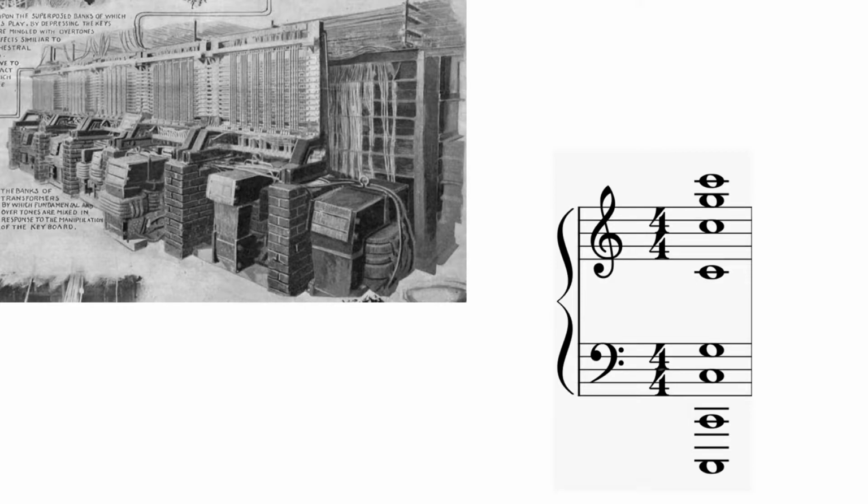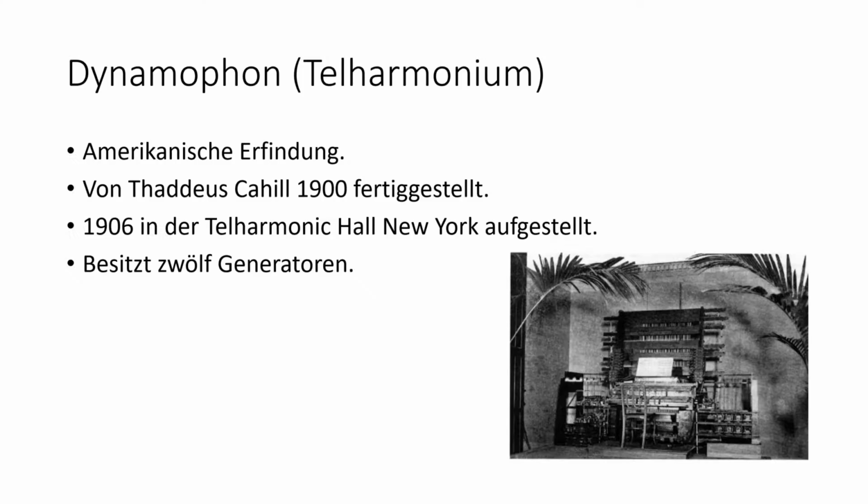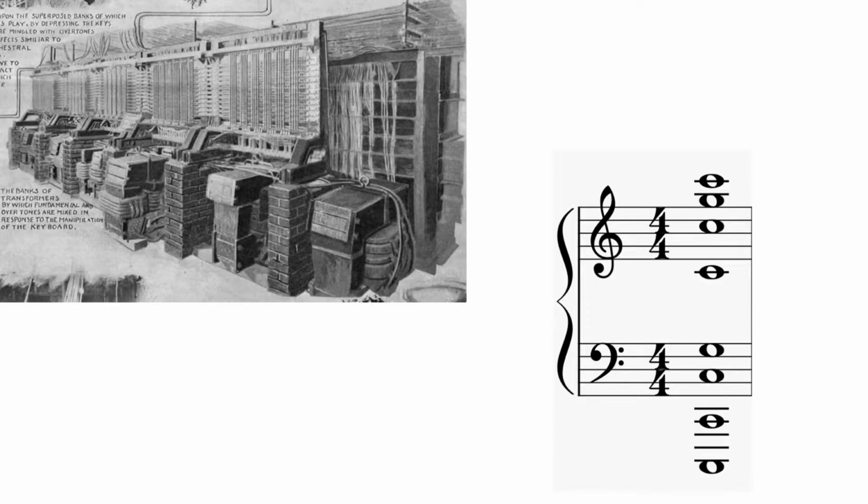So yeah, I should probably mention it actually had multiple manuals. It kind of looked like an organ. And yeah, you can change the color just like in organs. Wonder why I need that many generators. You need 12, one for each tone pretty much. So you have from C up to B, you have 12 notes. So this way you can actually form the whole semitone scale. So you needed those 12 generators, one for each tone.